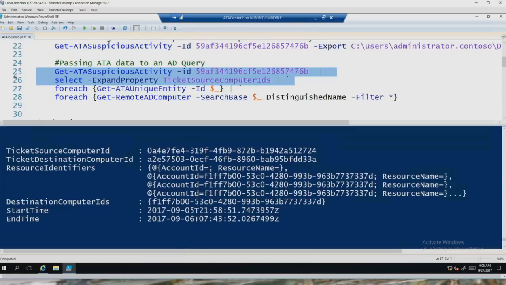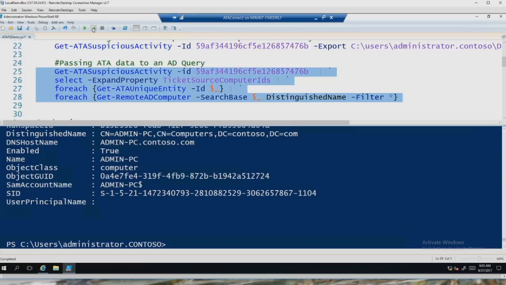I'm going to get that suspicious activity. I'm going to expand that list of source IDs for that pass the ticket. For every one of those, I'm going to have a look at the ATA unique entity. It gives me more information about what ATA has about that particular entity. And then I'm going to pass it to an AD commandlet to see what AD has about that information.